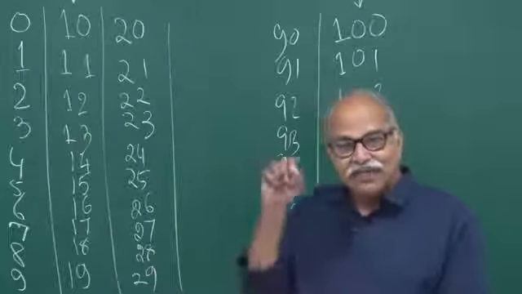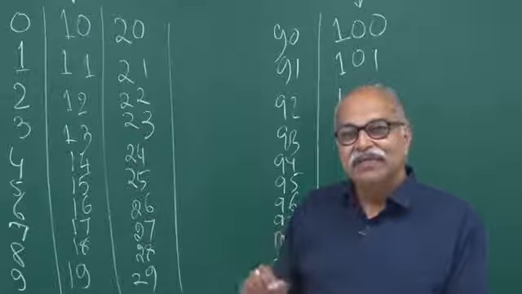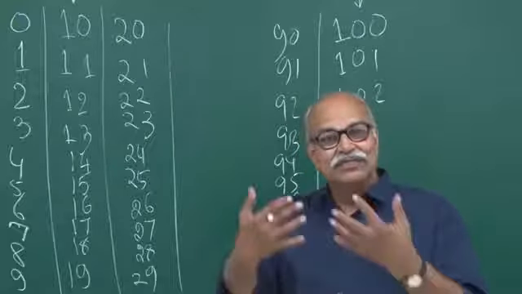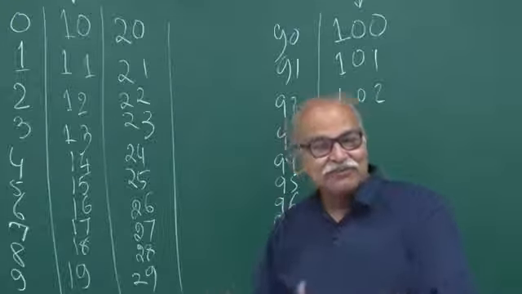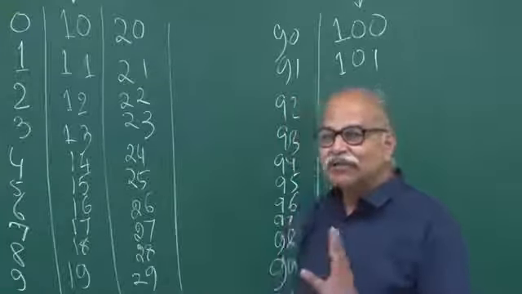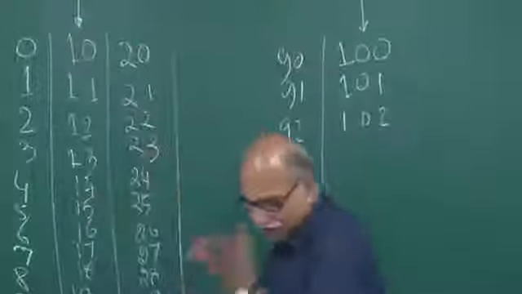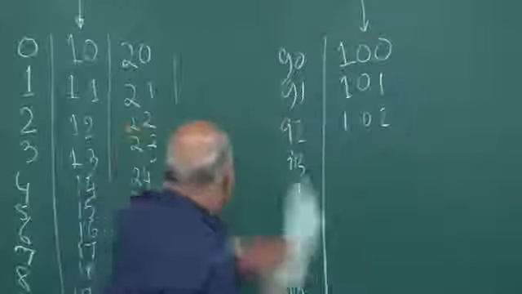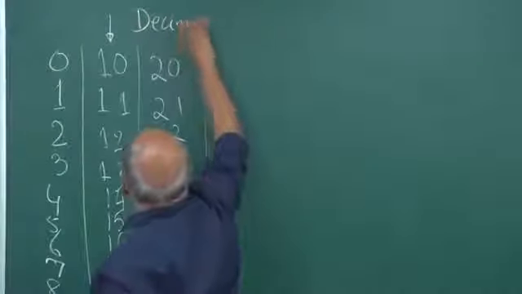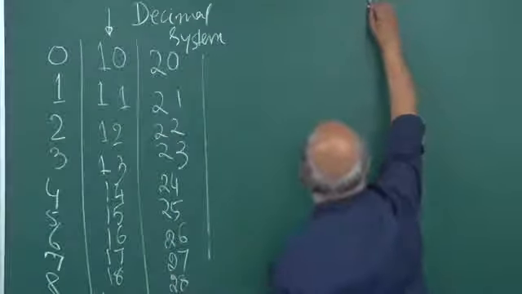So, in his book Chand Shastra, he describes how these 2 symbols, small and big, can be used, and how the decimal number can be converted into this system, and this binary number can be converted back into the decimal system, and those things have been done. So, in binary number system, I have only 2 symbols, that is the difference. We have this was our decimal system, and let me do binary. So, this was counting in decimal systems, and if I do counting in a binary system,